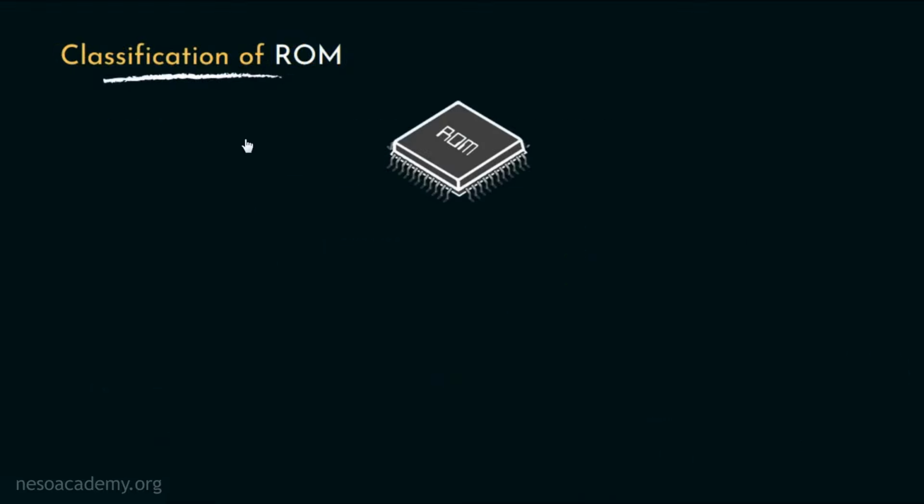Now let's talk about the classification of ROMs. ROMs are basically of three types. The first one is programmable ROM or PROM. Blank PROM chips can be bought inexpensively and coded by anyone using a special tool called a programmer. In the blank PROM chip, initially all the fuses or the links are connected, indicating a value of 1. So to change the value to 0, the programmer tool should be used to send higher voltage to burn out the desired fuse as we observed earlier. This process is known as burning the PROM. Now PROMs can be programmed only once.